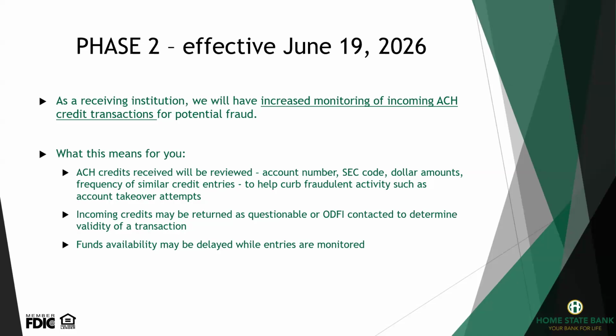You may not necessarily know, but you may have a file that has an incorrect SEC code, say using CCD instead of PPD, or maybe the name on the account isn't quite what the receiving bank has on file and it doesn't match your file, or they are using, say, their spouse's account and they may not be on that at all, but it's always posted in the past. These are all reasons ultimately resulting in a return or a delay of funds posting to the receiver's account. So this would also mean the file needing to be corrected for the future in order for that file to go through.